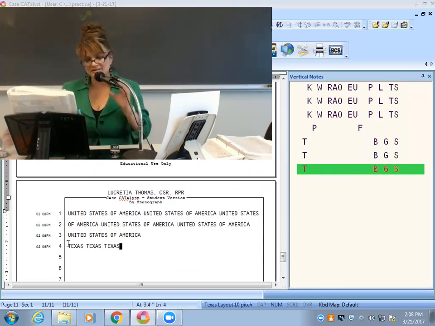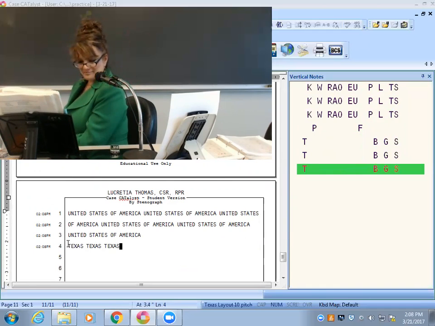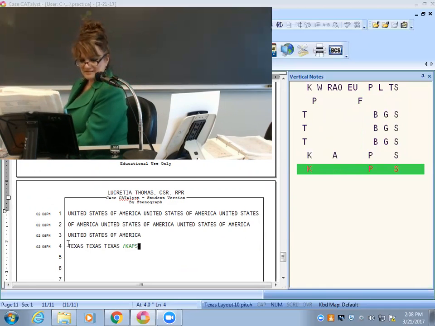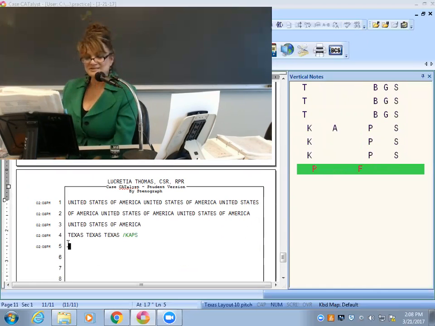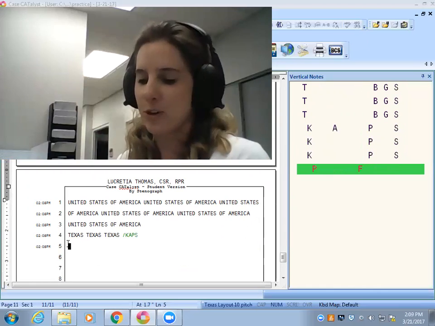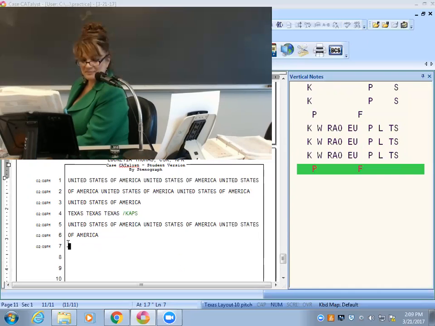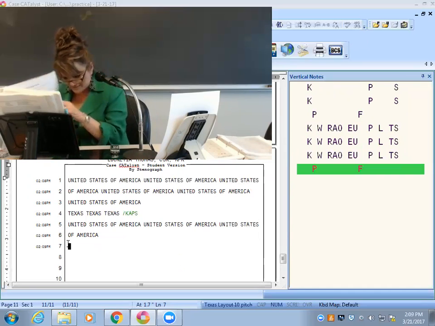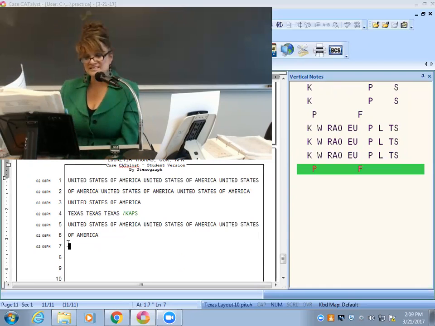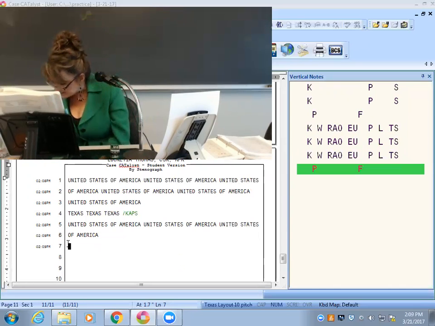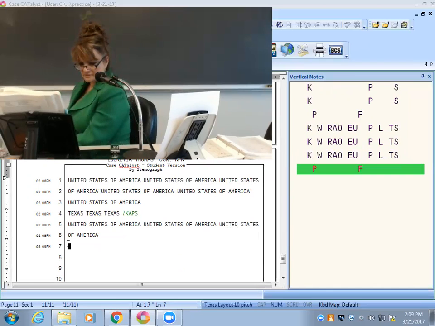See, now it's capping everything because of that cap that I hit. So let me hit KPS. I don't want them capped. See, is it doing it to yours, Jen? Yeah, I did it before you warned us, and now it won't go off. I know. And so how to take it off, I'm thinking, it says in your book, that's why sometimes what I would do, Jen, is try not to save that job when you log off. In case, don't save it. Hopefully that'll save us, okay? So KP, it says, once you stroke KPS, all letters will be in caps until you stroke KPS again to turn off the stroke. So let me try it again.